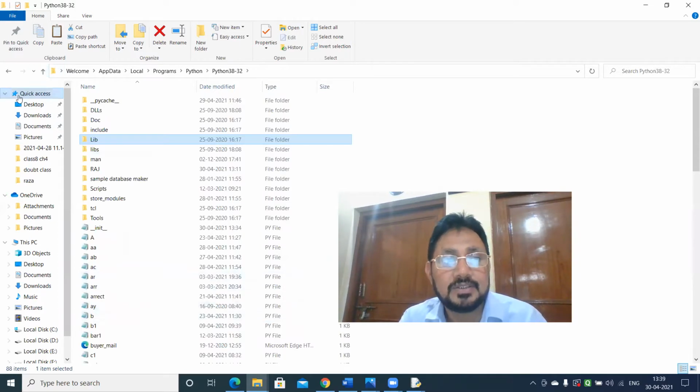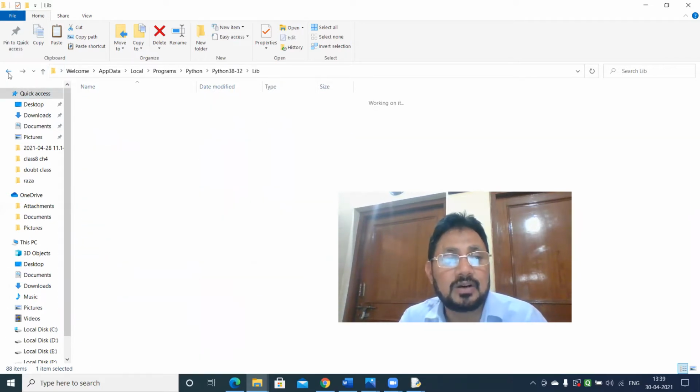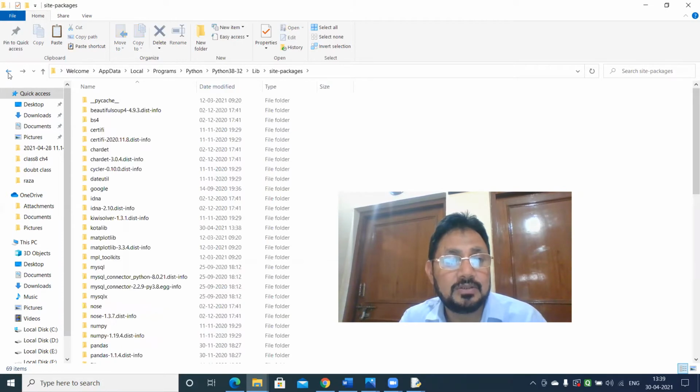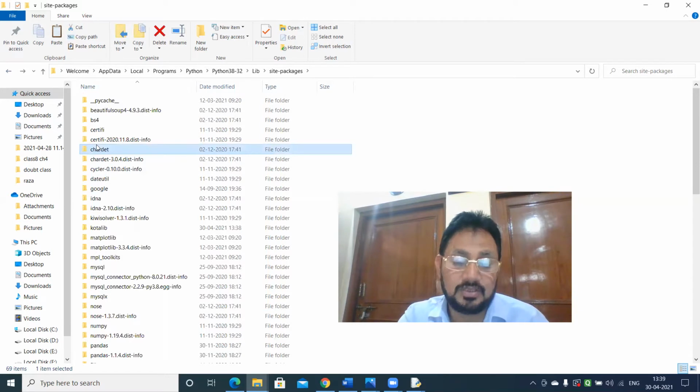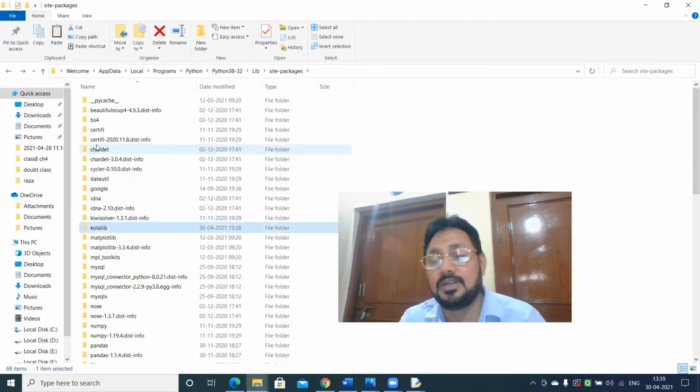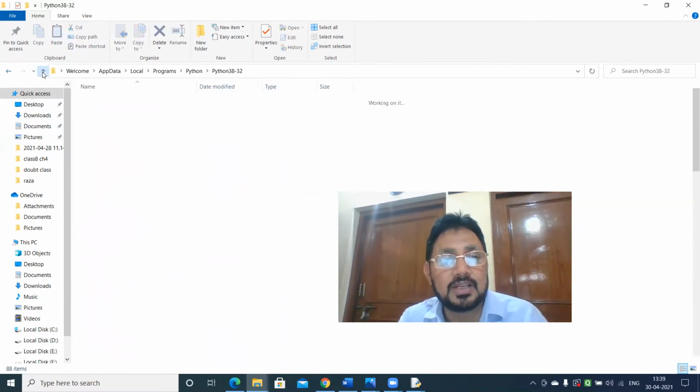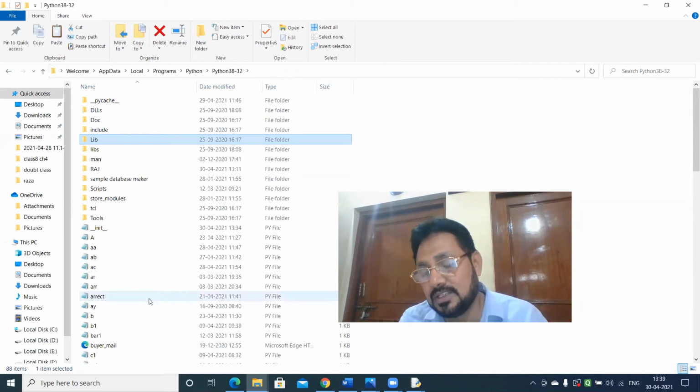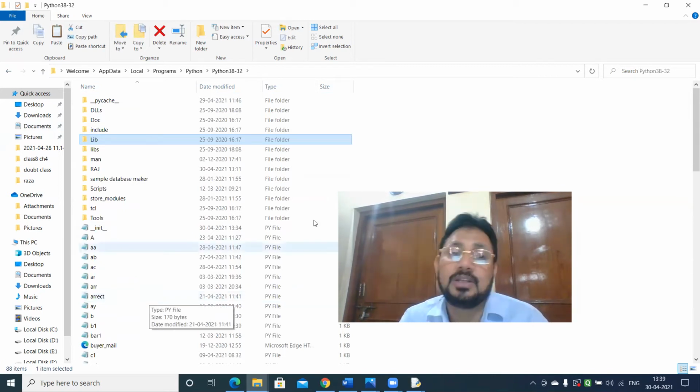Files are here. Understood? So again, quota lib. From here also you have to go two steps back. Then only you will get the file. And then copy paste. That will work as your library.